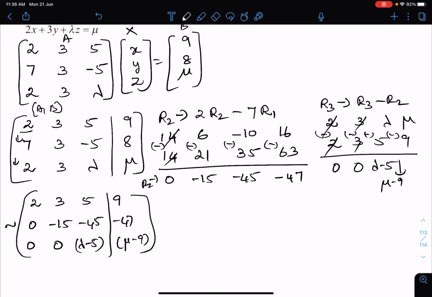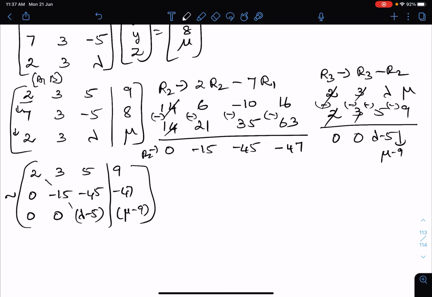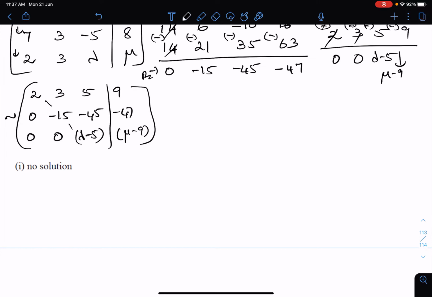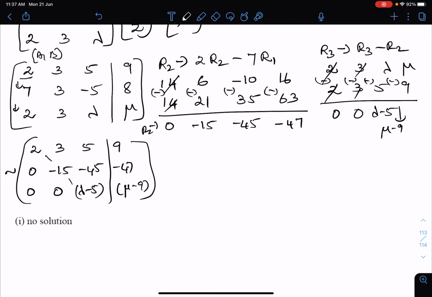Now we have got our principal diagonal, below this is 0, isn't it? Okay, now we can go into our cases, because below the principal diagonal we have got the zeros. 3 cases they have asked: no solution, unique solution and infinitely many solutions. First, we are going to go into no solution. For that, what you have to get? Rank of AB should not be equal to rank of A, isn't it?